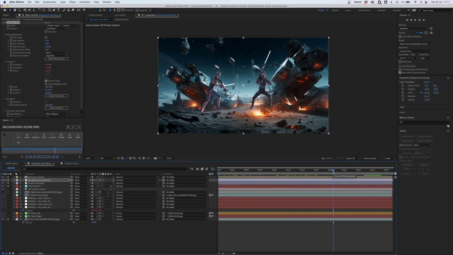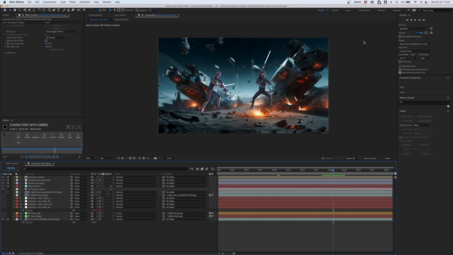Next, to make the characters look as if they're seated in the scene a bit better and placed in that 3D environment, we want to add some shadows on the floor. There are a few different ways we could add shadows. We could do a separate pass in Blender and put a plane underneath the 3D characters, render that out as a matte shadow material. But I'm going to show you 2 different techniques within Adobe After Effects that allows you to achieve a shadow without having to jump back into Blender.